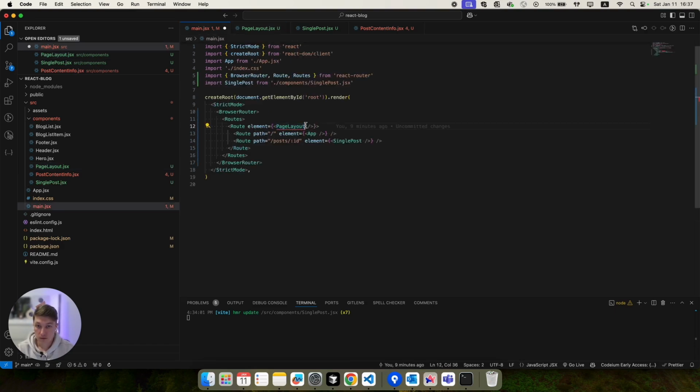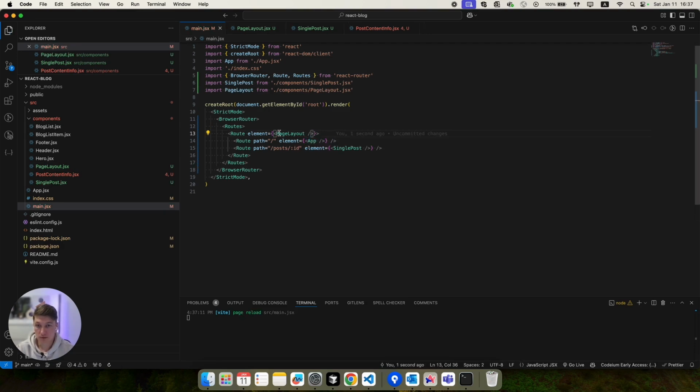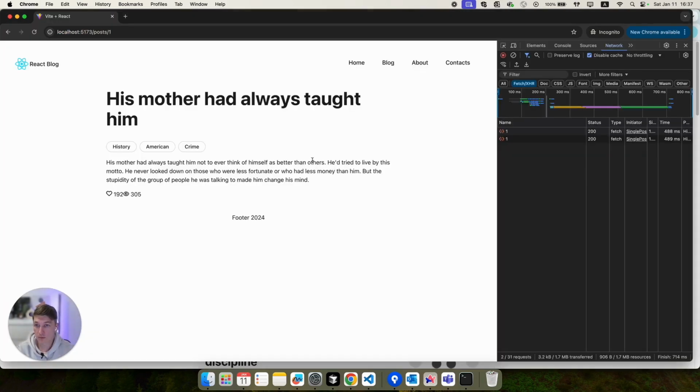And now all we need to do is import this layout. So actually this is the layout for each of our routes, for each component from that router. If we go back to our page and reload, we can see the footer and the header on our single post page.